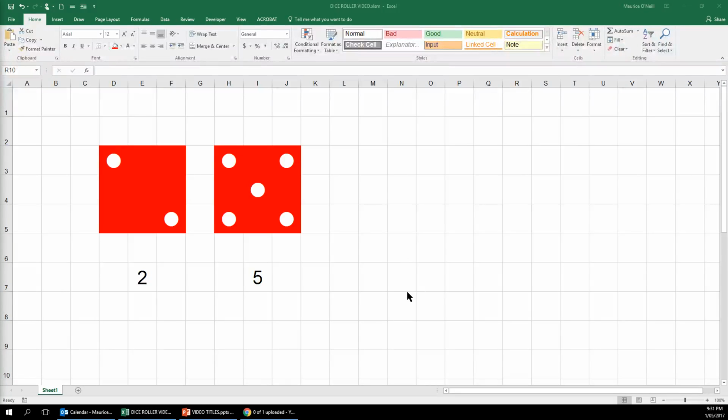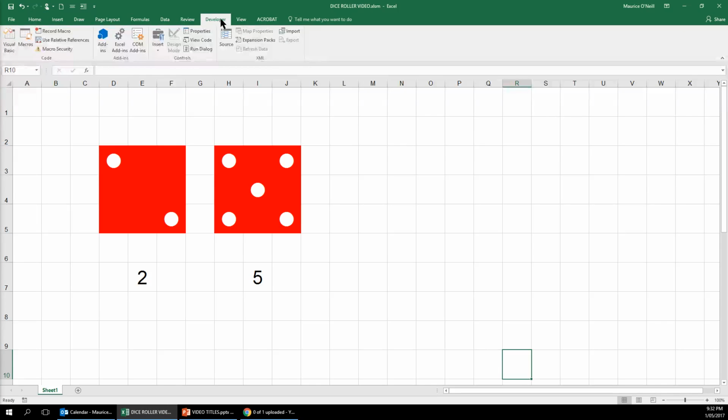And here we are. So what we're going to do now is put in a little tab and automate this a little bit, and get the play button going here, which we saw earlier on. We'll probably just put it in here actually. So first of all, we need to make sure that we've got the developer tab shown